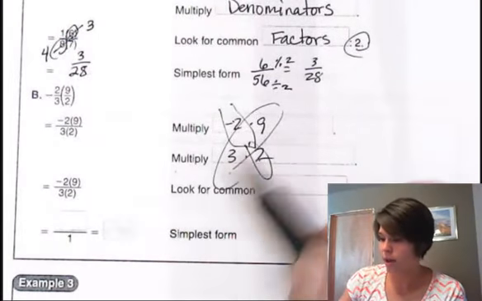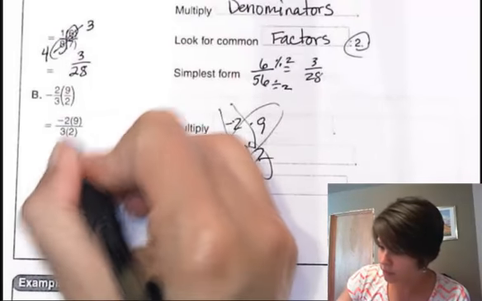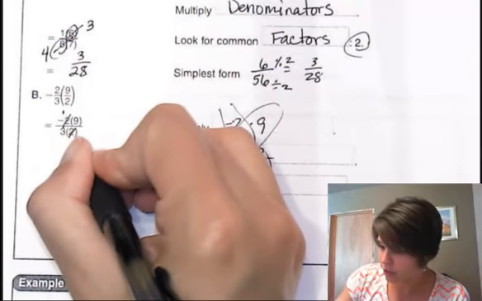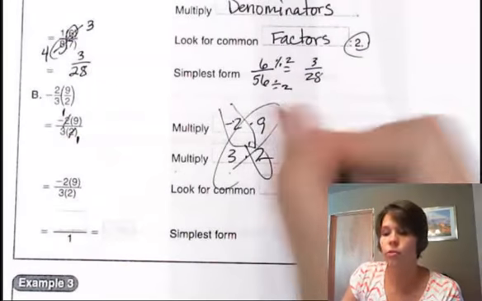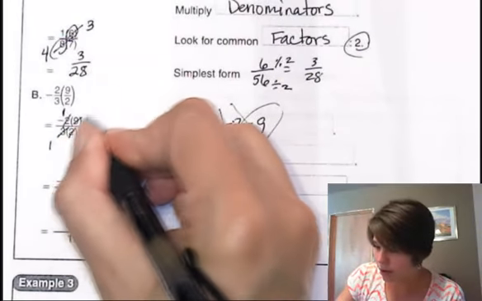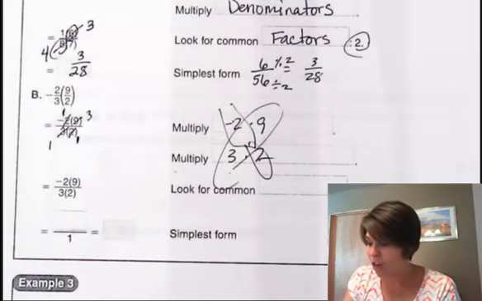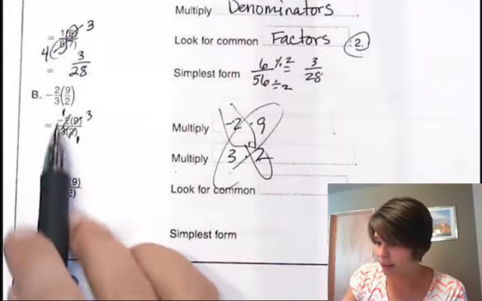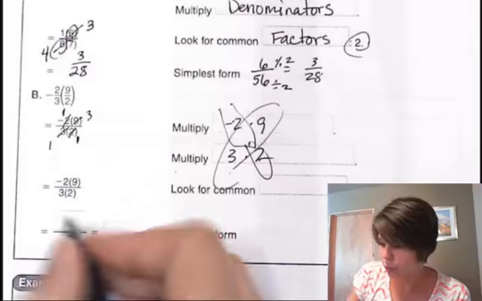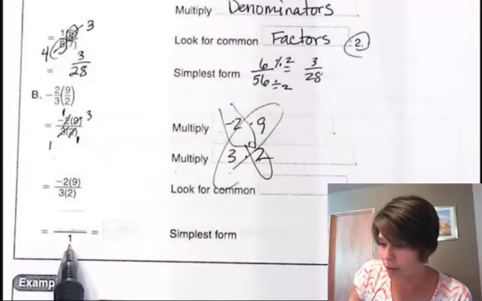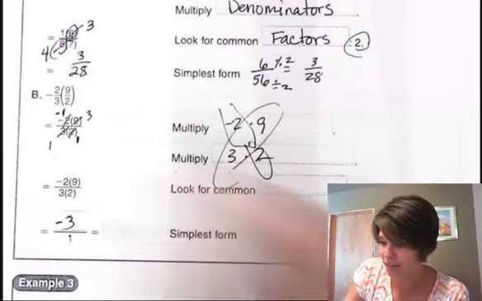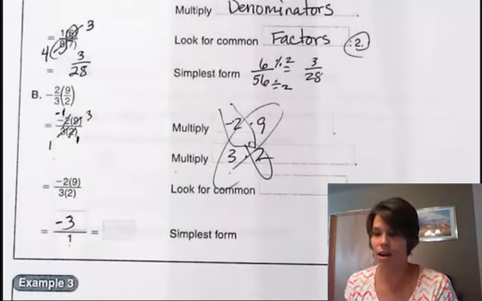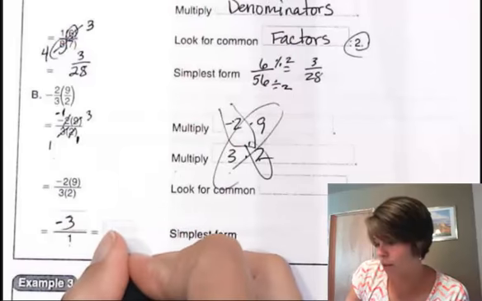So I can take out my 2's, which is going to leave us a 1 in both of them, right? And I can take a 3 out of my 3 and my 9, which is going to leave me with a 1 and a 3. Now all I have left to multiply is 1 times 3 and 1 times 1. So down here, my denominator is 1, my numerator is 3. Still negative from that negative there. Simplest form, negative 3 divided by 1 is